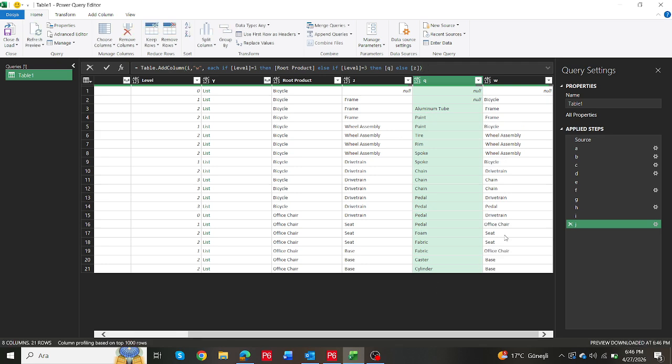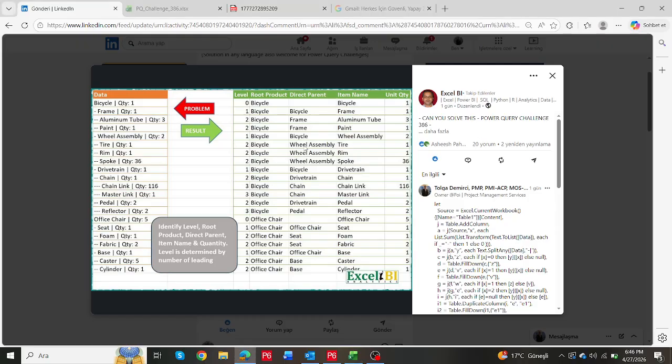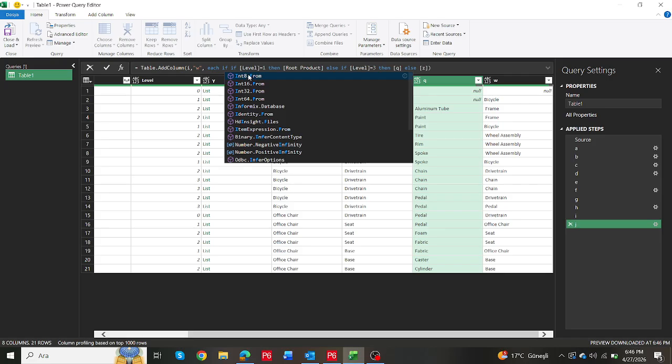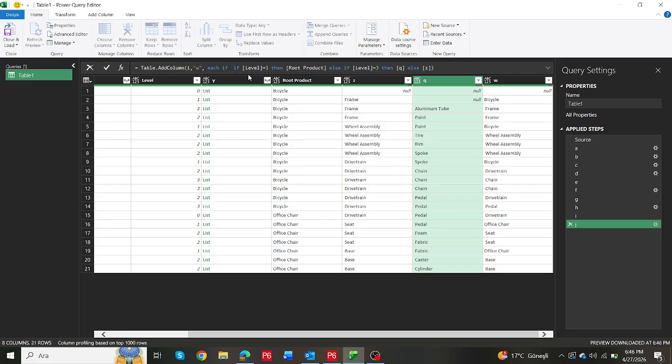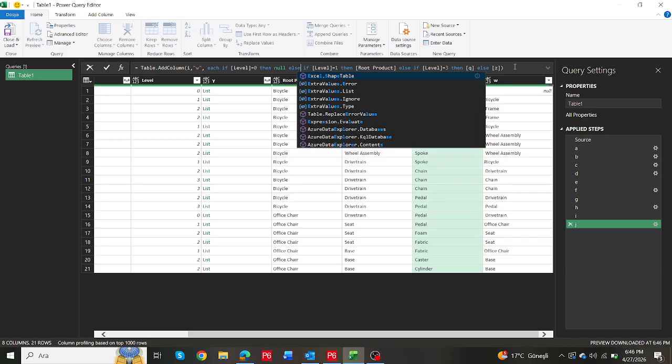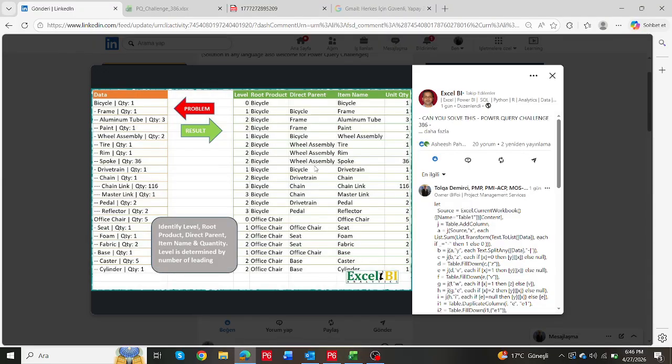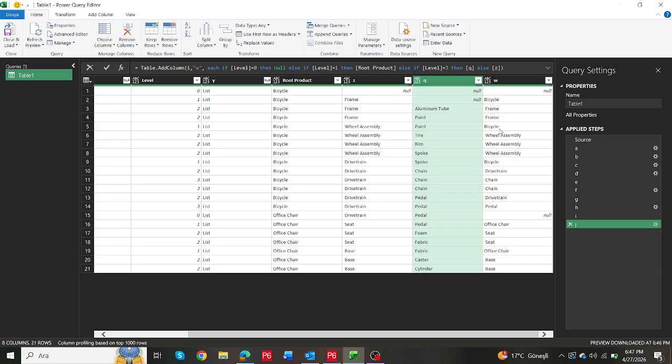So I think it's working now, and also I will write another if level equals to 0 value, then null as this one. Yeah, it's working now, and this is the final result for the direct parents: bicycle frame, bicycle wheel